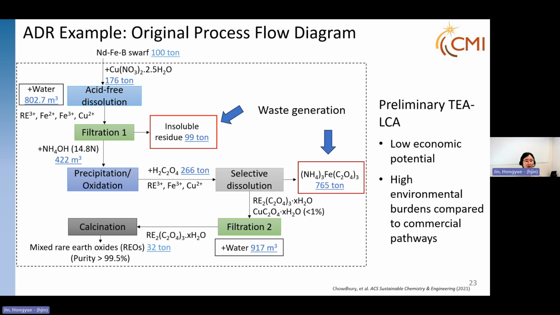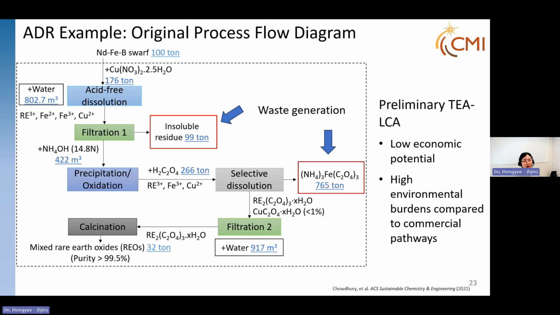Coming back to our ADR example, the original process flow diagram that we have evaluated is shown here. Use copper nitrate to produce rare earth oxide. And then preliminary TEA and LCA showed the process is not economical, and it has high environmental impact compared to the conventional process. And we looked at what would be the improvement opportunities and found that there are two waste generation streams, and especially